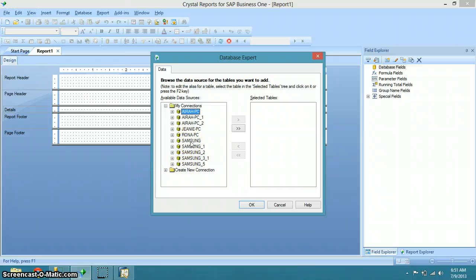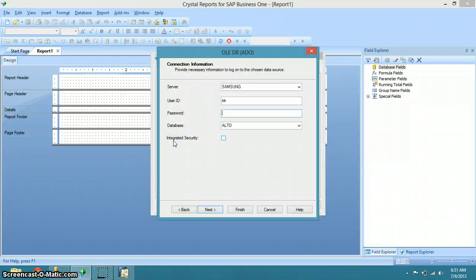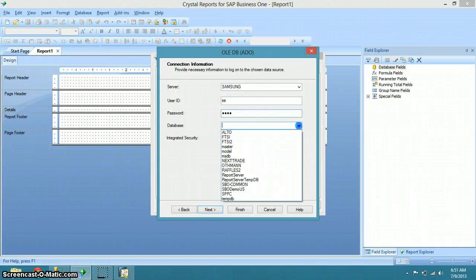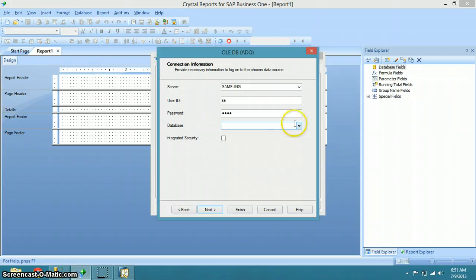Our connection is in Samsung. First, we're going to type the password, so all of the companies that you include in your SAP or in your Microsoft SQL Server R2 will be here. If you don't put a correct password, no entry will be shown.